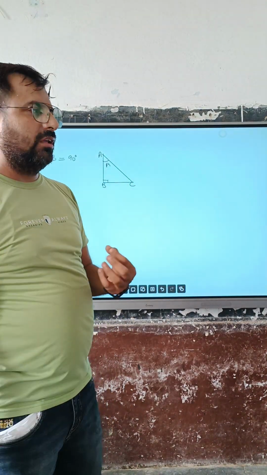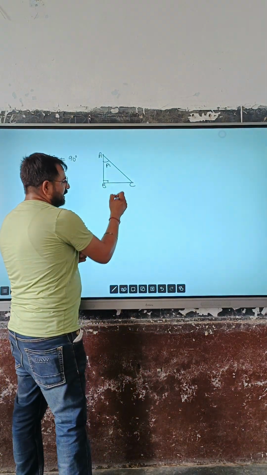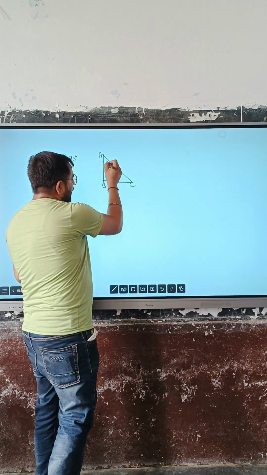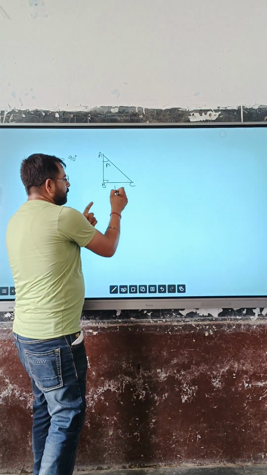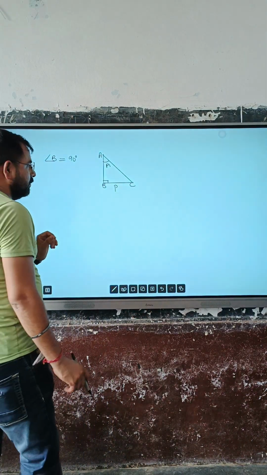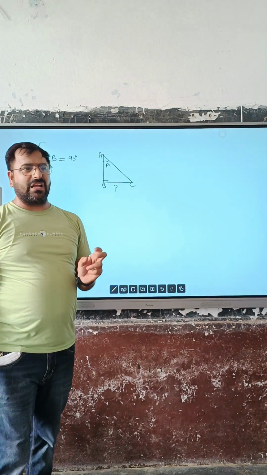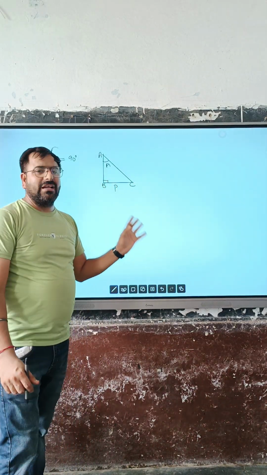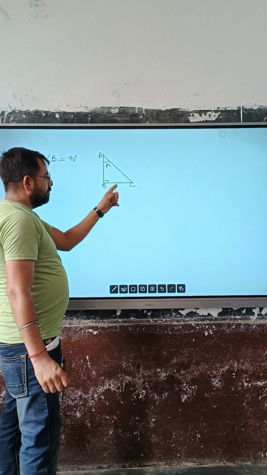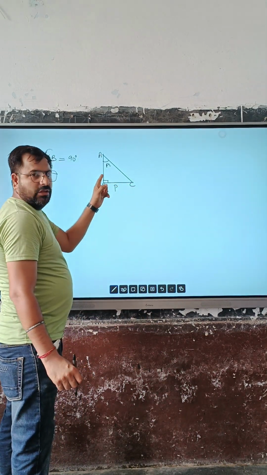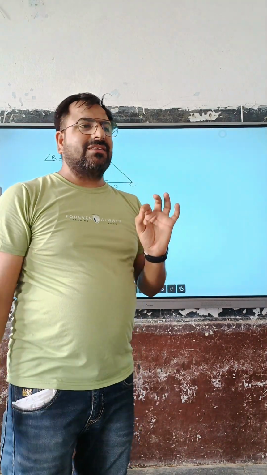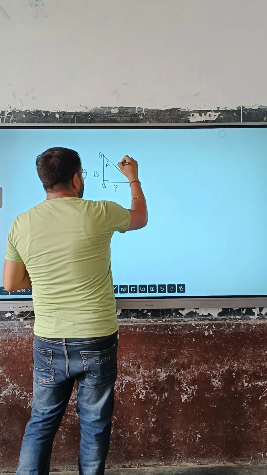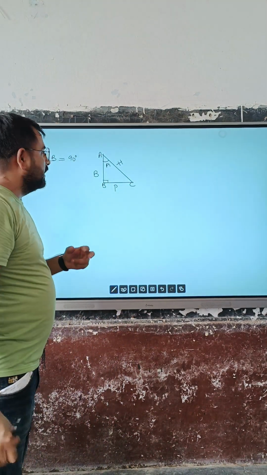Perpendicular is that side which is directly in front of angle A. Base is that side of the triangle with which the perpendicular makes an angle of 90 degree. The perpendicular BC is making 90 degree with AB, so AB is the base according to angle A, and the third side, AC, is the hypotenuse of the triangle.